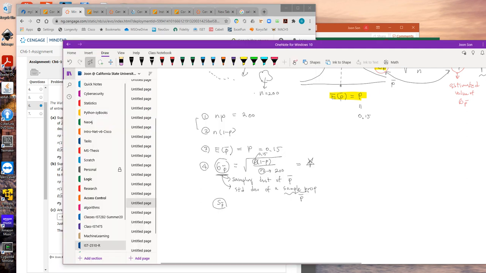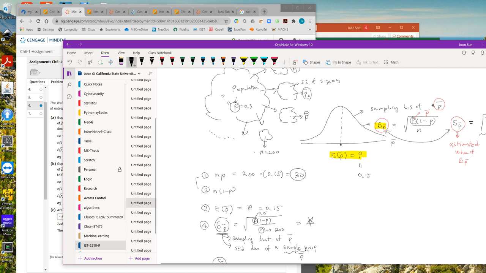So with 0.15, I think this is 30. What that means is, when you have a sample of 200,